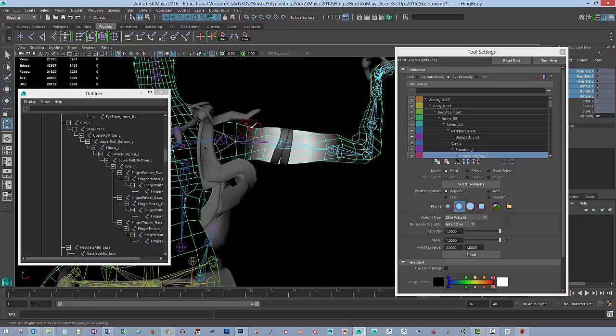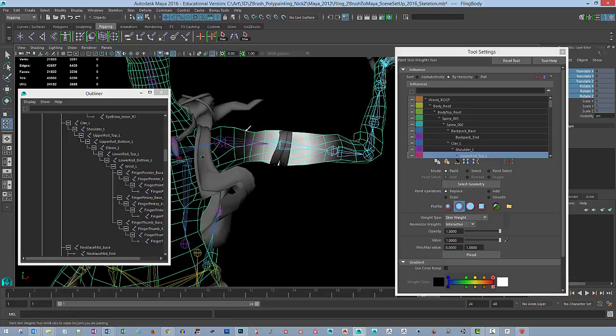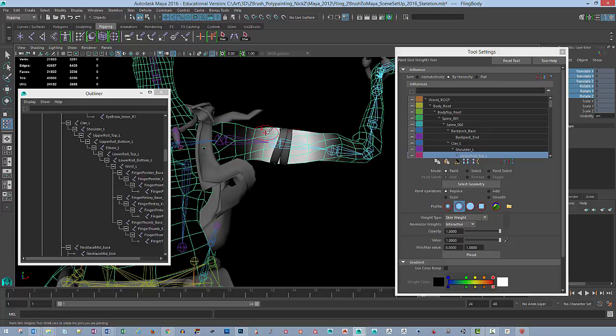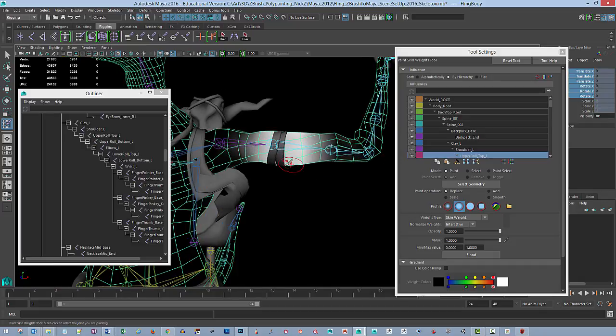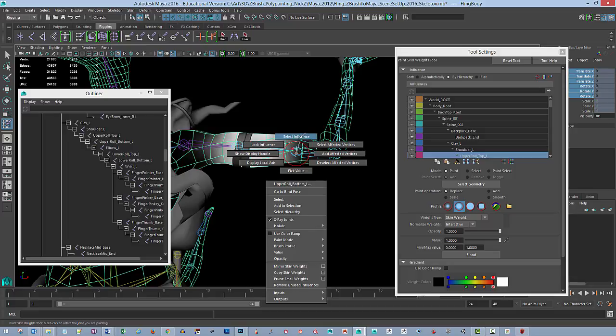So you can see with this twist that's going on here, if I add a little bit more influence in here, which I want, but I still want the feeling that there's a bicep there, so I don't want to just do this. That kind of really makes the whole arm turn into just a big tube, and that's not what we're going for. So I just got to be a little bit careful about how I'm weighting these things up. Now if I take this one,